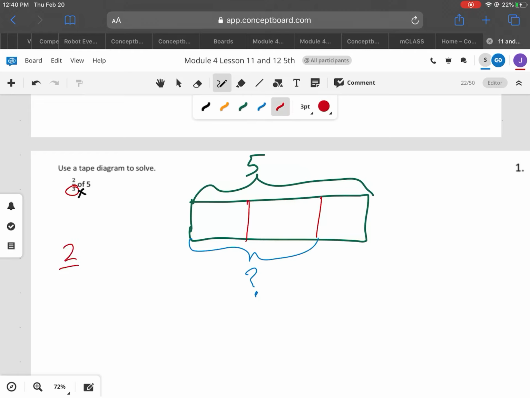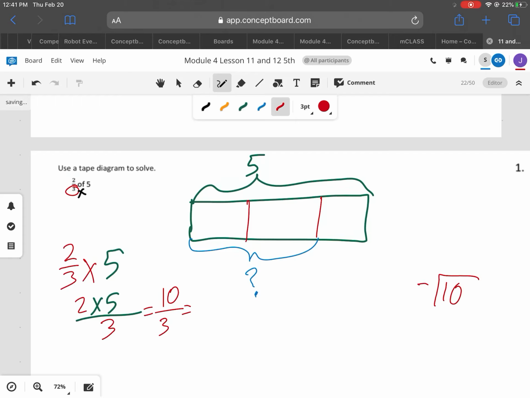So we're going to do our 2/3 times 5, which is 2 times 5 over 3. And that would give us 10 over 3, which when we divide 10 divided by 3,